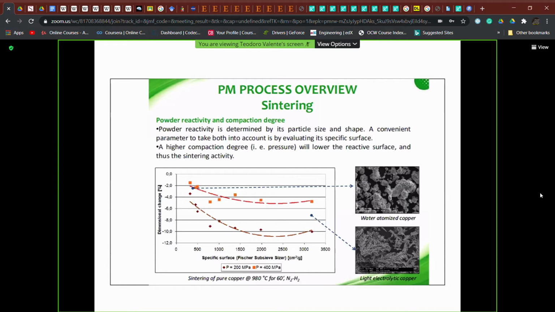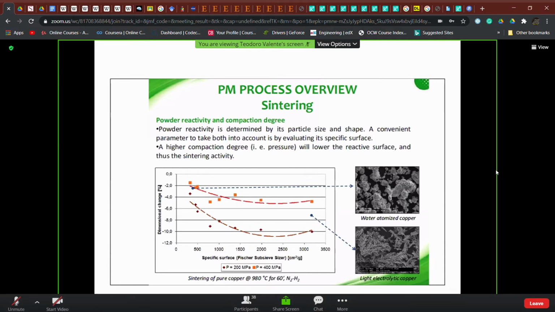And in order to define the best and suitable processing parameters, taking into account powder reactivity, which is a processing parameter controlling sintering phenomena, usually it is referred to the specific